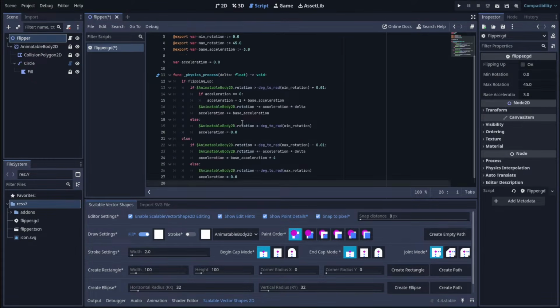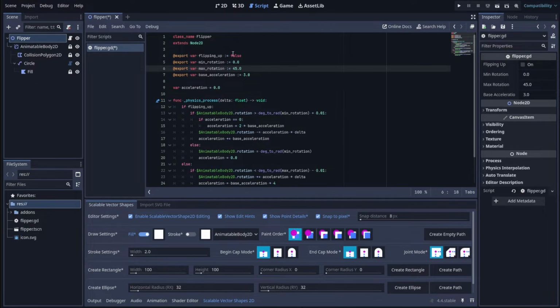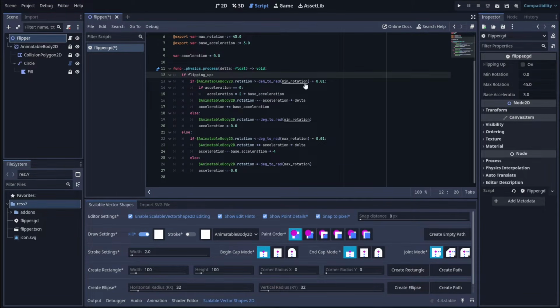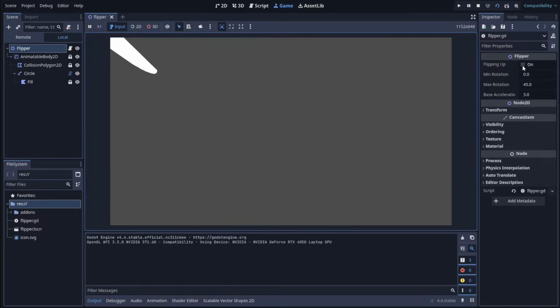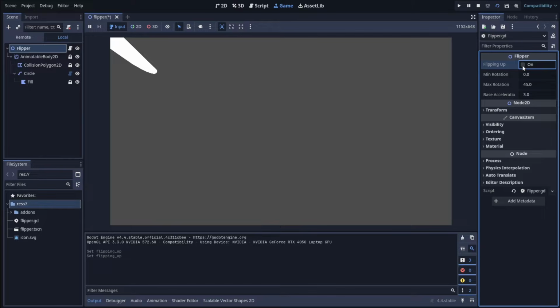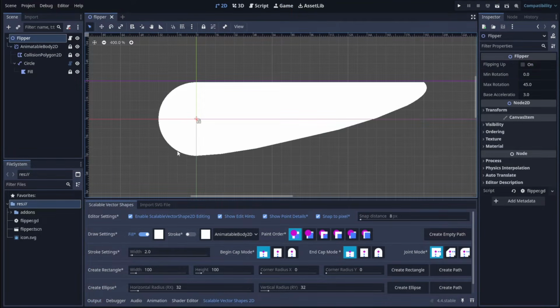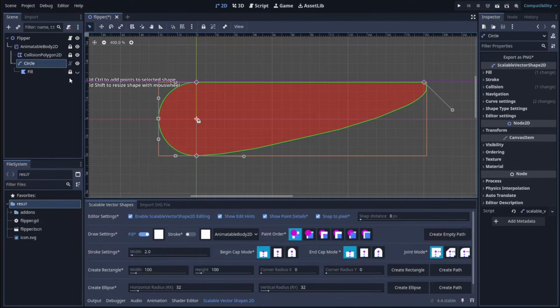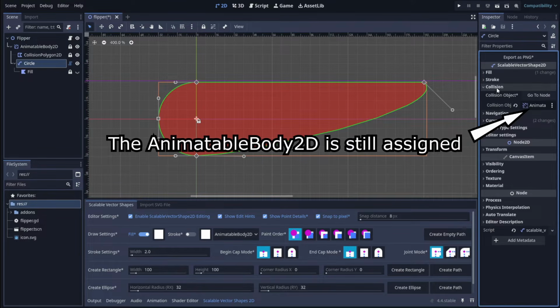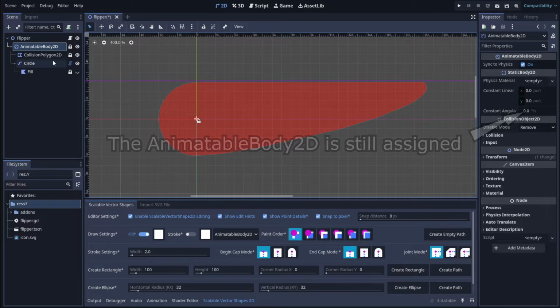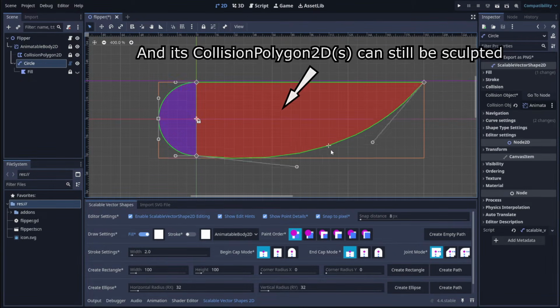Here we paste a script I prepared earlier with some exported properties: is it flipping up right now, a minimum rotation and a maximum rotation, and a base acceleration for the flipping speed. This way we can test it in isolation. The scene has a bare node 2D as a root node. This makes it easy to duplicate a right flipper next to this left flipper by flipping the flipper scene horizontally without changing the rotation script. Here we check that we can still change the shape of a flipper even though we move the nodes around